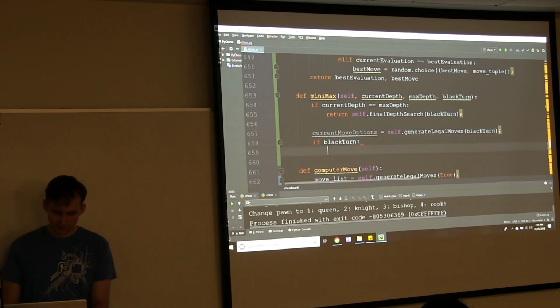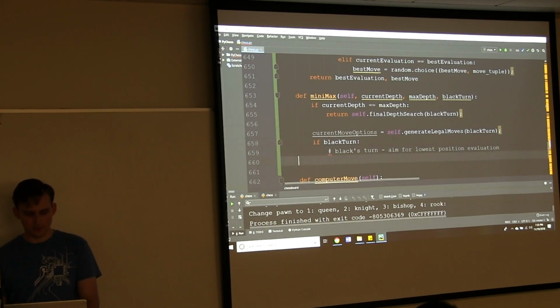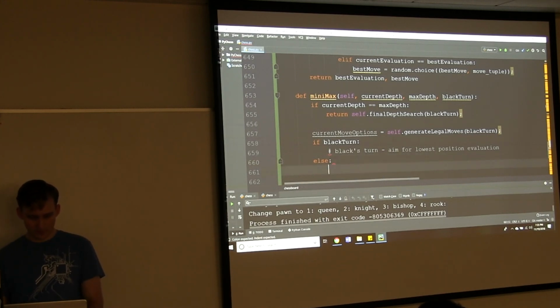So if it's black's turn, then we need to aim for the lowest position evaluation. Whereas if it's white's turn, then we need to go for the max. And I'm just leaving these comments for the sake of clarity.